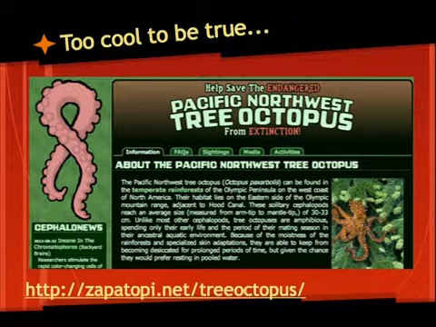And this is a great example that I used to share with some of my students. This is a website to help save the endangered northwest tree octopus from extinction. So what you'll see is that if you go to the particular link, it looks like a very factual and well-researched site, but if you use any common sense, you realize that it's absolutely a hoax. That being said, helping teach our students to discern the quality of websites and what information is most important and relevant is an important skill that we need to work